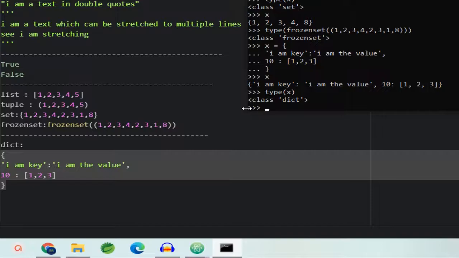So these are all the basic built-in data types Python supports. If you have any data in your mind to store in the program, you should figure out what data type it belongs to, right? So these are the data types I have shared with you. In the next videos we will understand each data type in detail and what are the uses and where it should be used, okay?